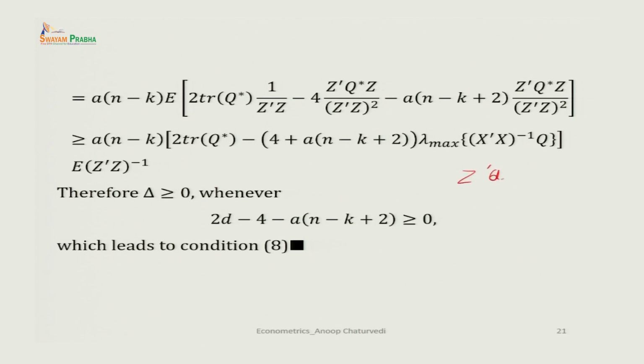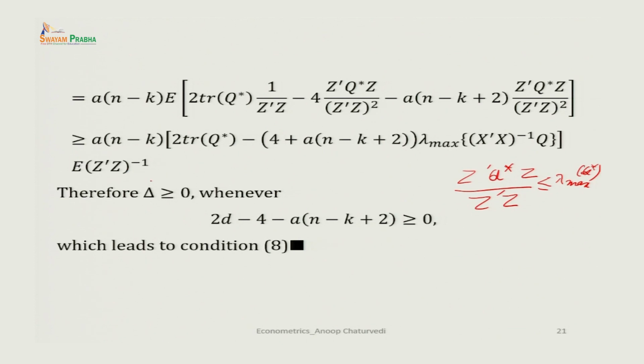inequality that z transpose q star z upon z transpose z is less than or equal to the maximum eigenvalue of the matrix Q star, which is equal to the maximum eigenvalue of x transpose x inverse Q. So, we get